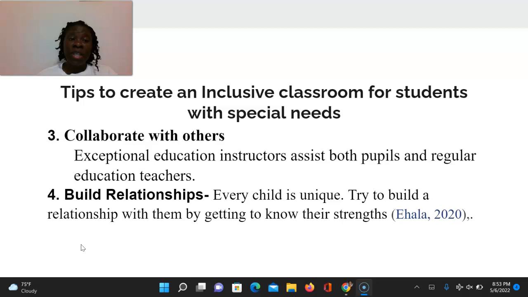I cannot overemphasize number 3, which is collaborating with others. Sometimes when we're dealing with special needs children, we feel overwhelmed. We feel like it is just us against them, but that's not the case. Don't be afraid to reach out, get support, ask questions, what you don't know, seek answers. Partnership is a collaborative effort. So exceptional educators assist both pupils and regular general education.